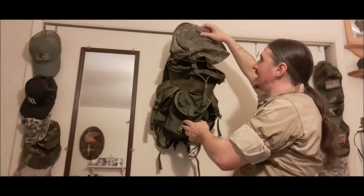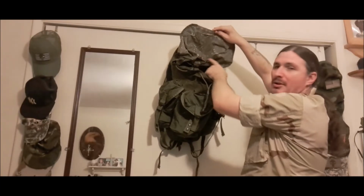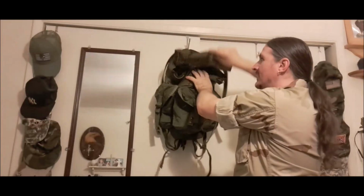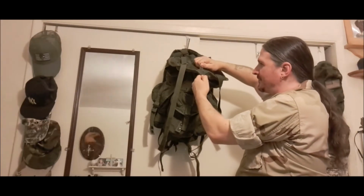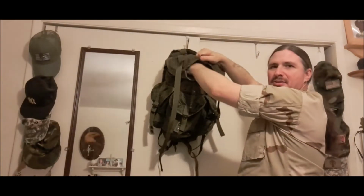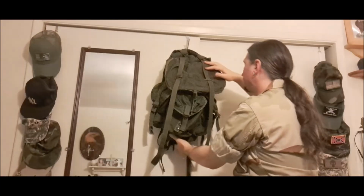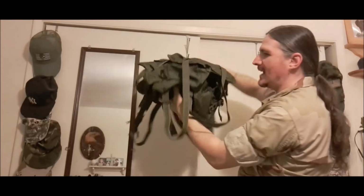Now, this one has taken a bit of a pounding, as you can see from the top cover here, though these can be replaced. Some guys do replace them, some guys do other mod jobs, so keep an eye on that one. Other than that, you've got a nice Velcro slot here. You could put rain gear here, you could put any number of things you need for your mission in here. Moving on to the bottom, you've also got